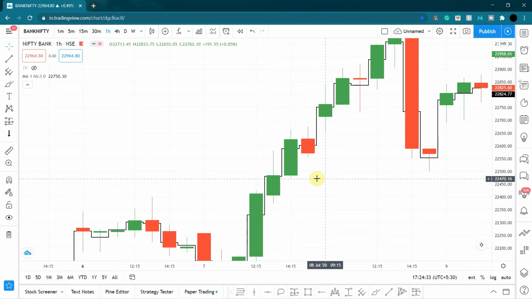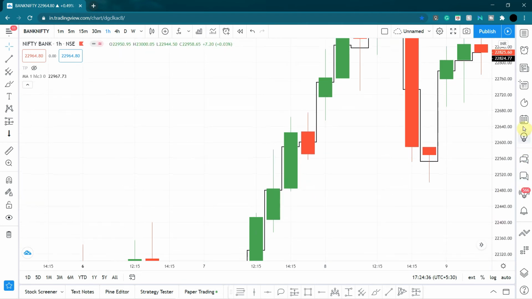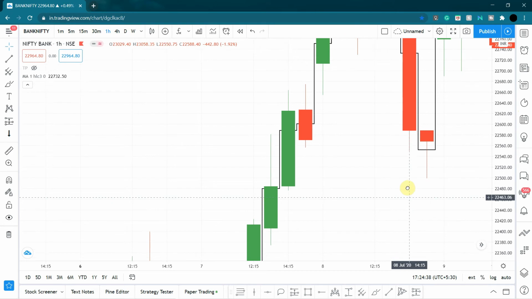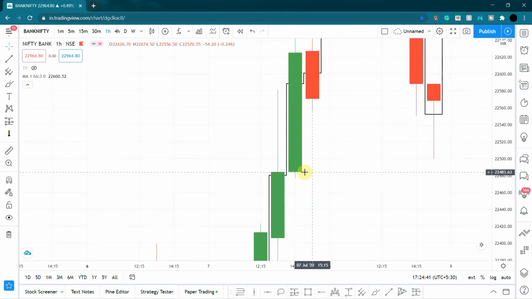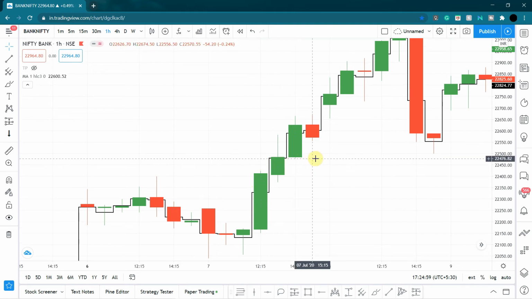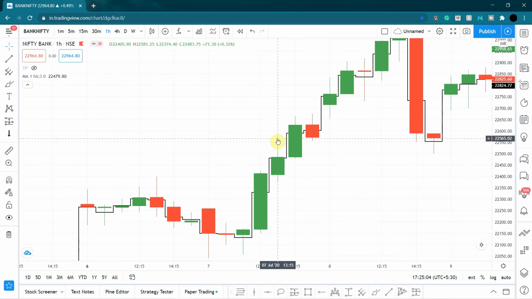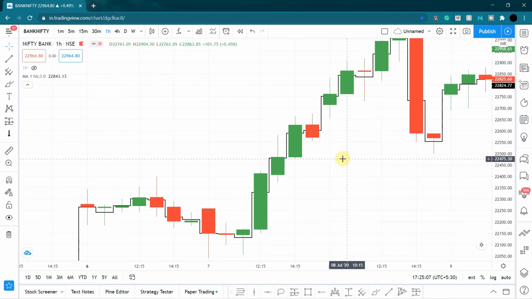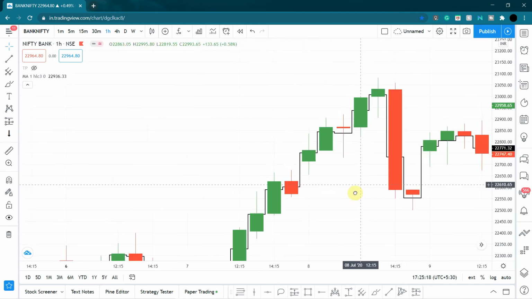And as you can see, I don't know if this is really visible, so I am going to stretch this out as much as I can. As you can see, this candle's wick came right till the mean and I think a little bit below the mean and then went up again. So even if you miss your entry right here, you don't need to get disheartened. You can always enter for the next candle. Of course, it'll be a higher entry, but it's still a better entry than just entering somewhere here at the highs or any random price. You're actually controlling your entries, and if you have better entries, you'll have better risk to reward. So yeah, there's that. Let's see some more examples.